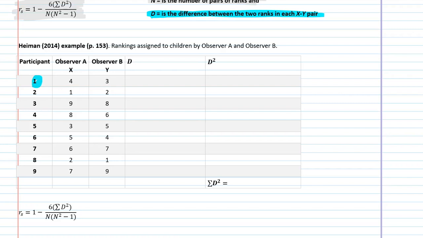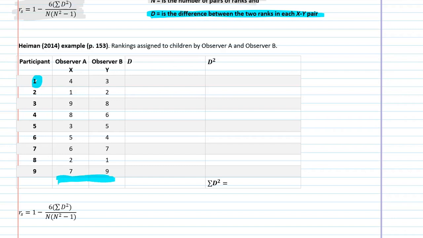So the same participant got ranked twice by 2 different people. What we're trying to see is how those rankings correlate with each other. So here I already ranked the data for you. In real life, if you conducted a study and you wanted to find the correlation of ranked data, you would have to go ahead and